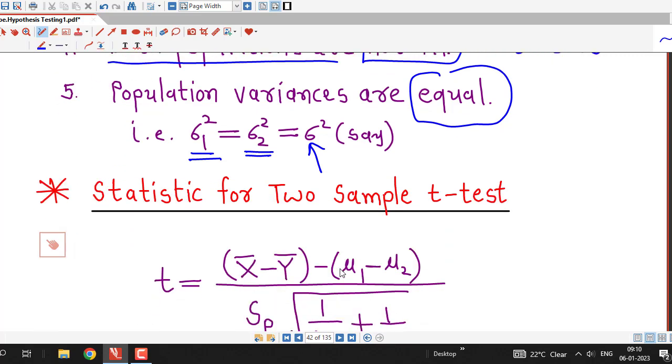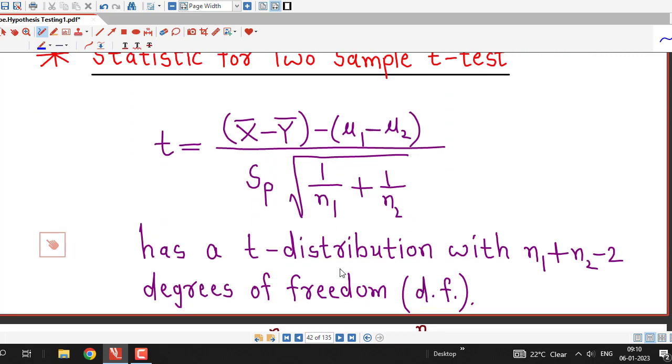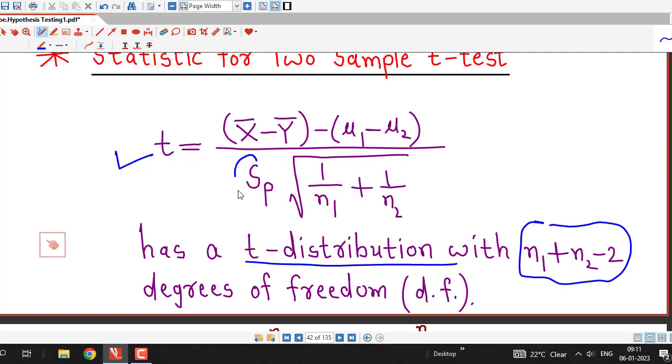So under this assumption, the statistic for two sample t-test is given by t equal to x bar minus y bar minus difference of two population means divided by sp times square root of 1 over n1 plus 1 over n2, and this has a t distribution with n1 plus n2 minus 2 degrees of freedom, and this sp is nothing but pooled or combined estimator of population standard deviation sigma, which is equal for both the populations,